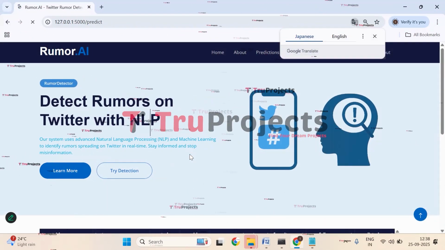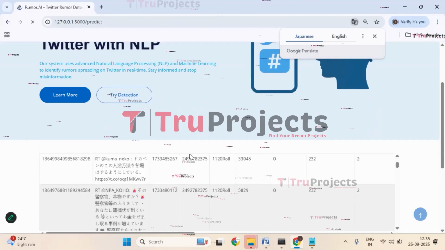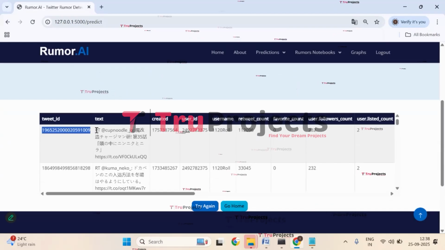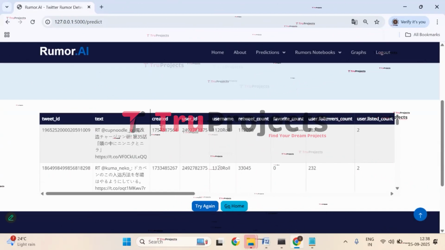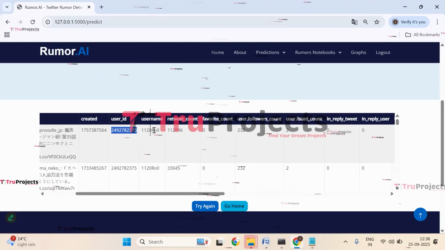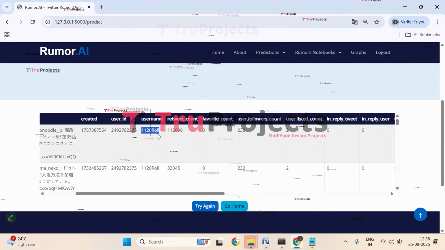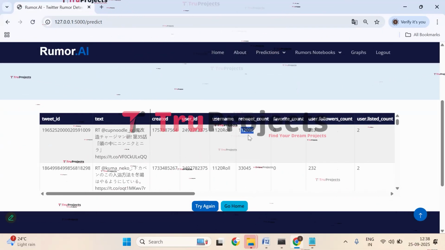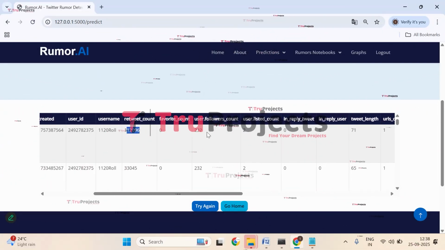Now text will be extracted from Twitter, that is X. So this is the tweet ID, and here we have the text extracted from this tweet, and this is the created time, and here we have the user ID, and here we have the username, that is 1120 rule, and here we have the retweet count. So this was retweeted this many times, and favorite count is 0.